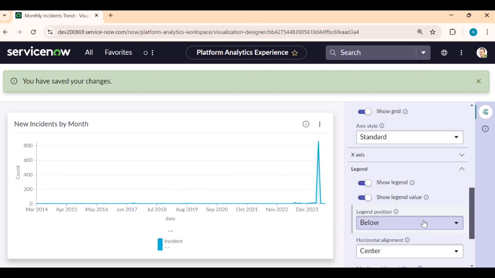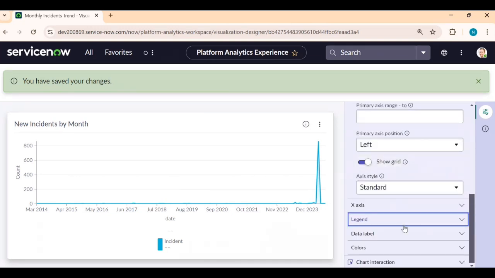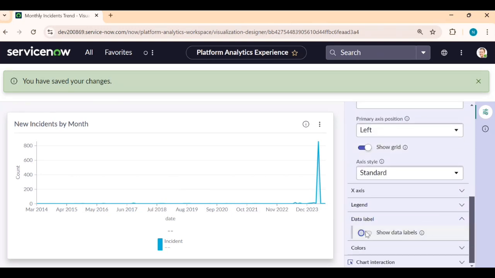Okay, so that is about the legend. So data label, show data labels. You can see 1, 2, 3, 14, and here it is like 860. That is more here. It is not showing here. Okay,